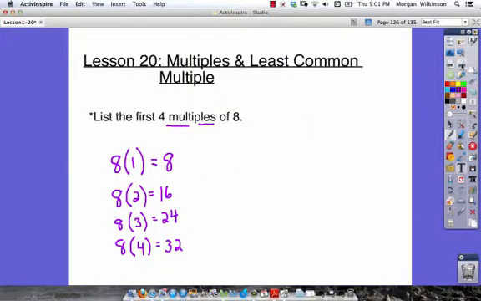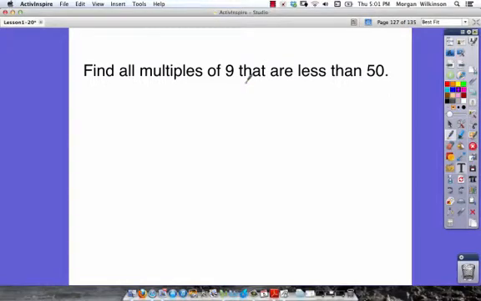Let's look at our next example. We want to find all multiples of 9 that are less than 50. So let's skip count by 9. We've got 9, 18, 27, 36, 45,